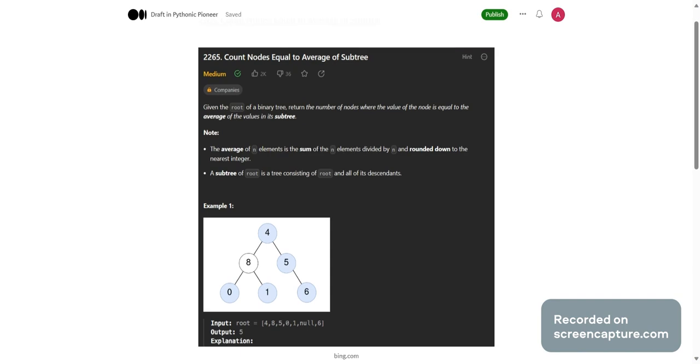So the first thing you notice here is that, given the root of the binary tree, you have to return the number of nodes where the value of the node is equal to the average of the values in its subtree. So what does this mean? This means that